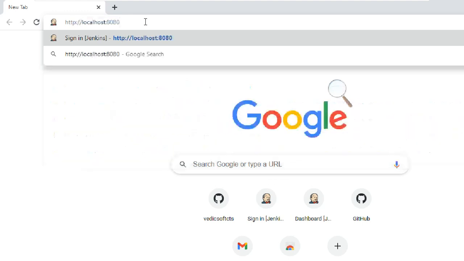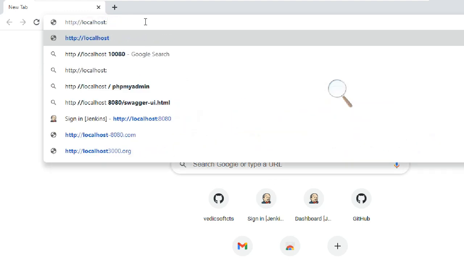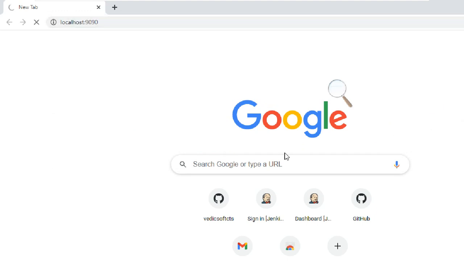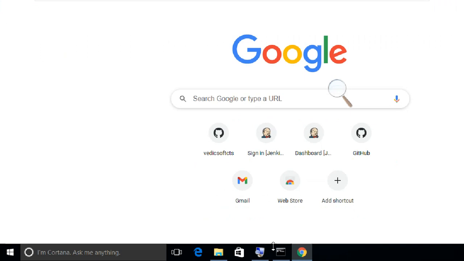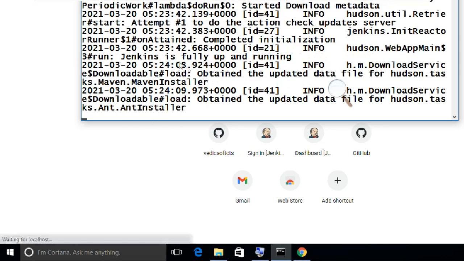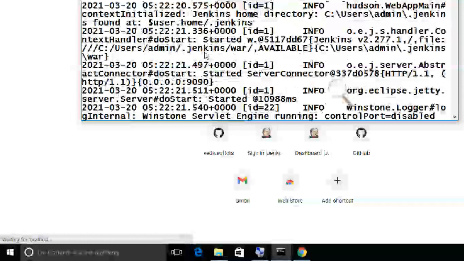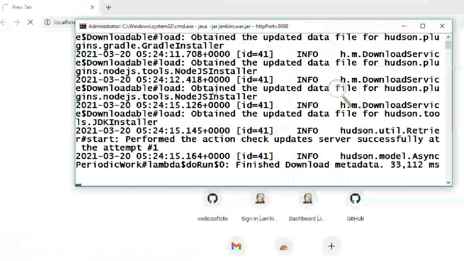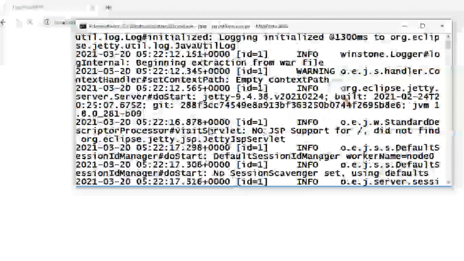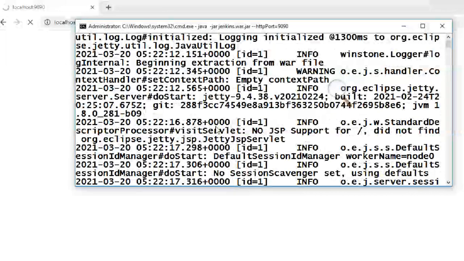Earlier I used port number 8080, now I'm using 9090. It won't open unless it shows fully up and running. It showed somewhere just now, so we have to verify that. We missed it.